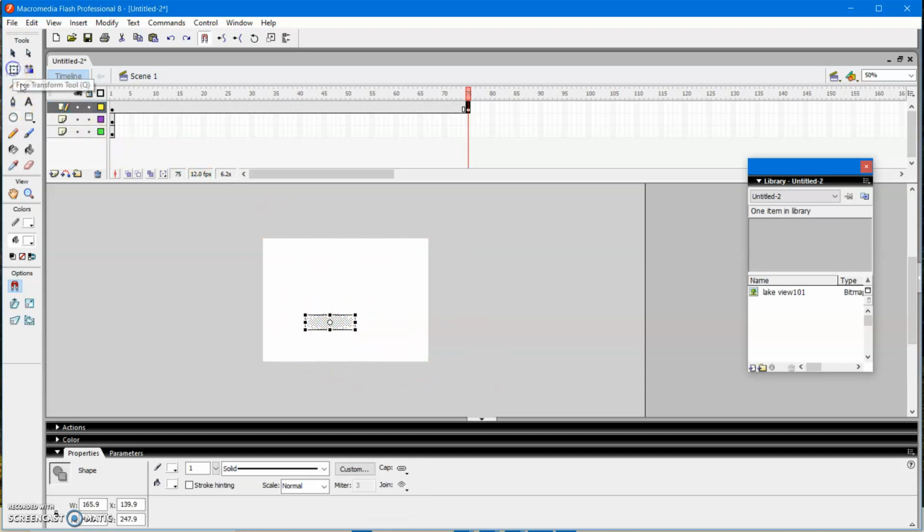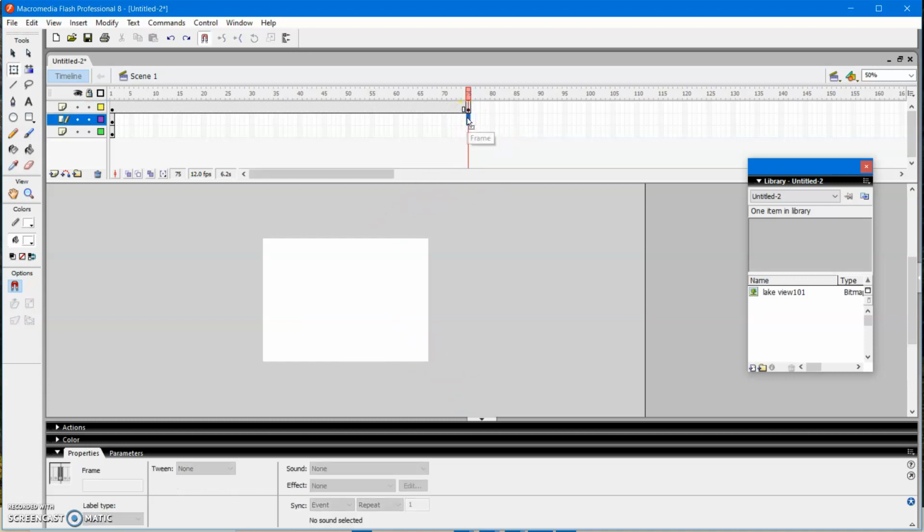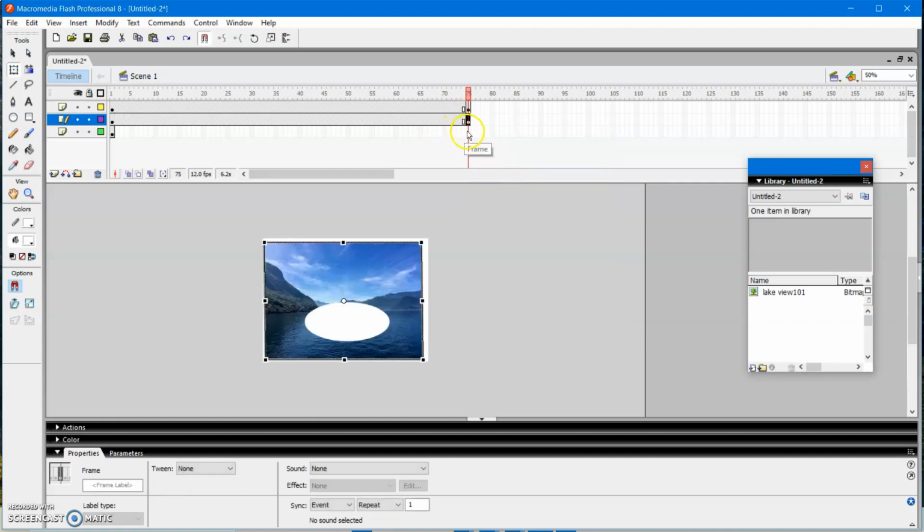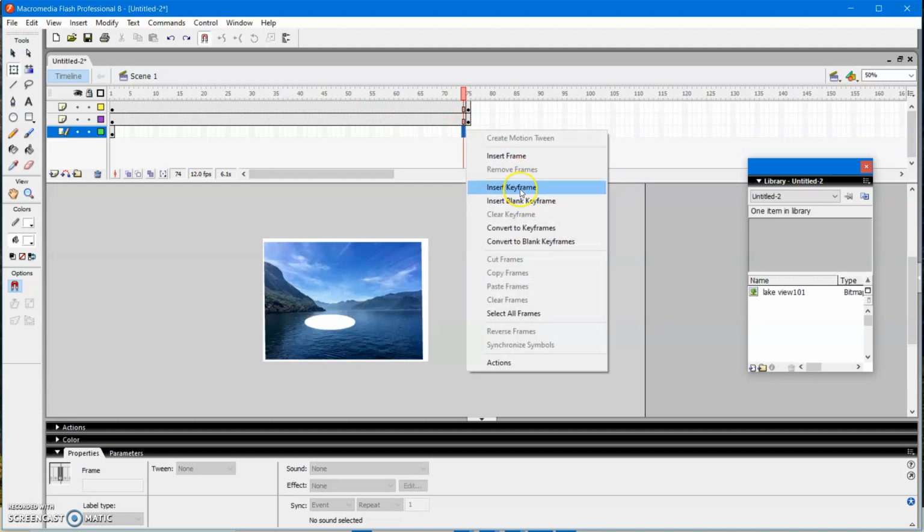Now with the help of the free transform tool, you can make the size bigger. After it is made bigger, select the next layer, layer 2, give a right click and give insert keyframe. The same way, for layer 1 also give a right click and insert keyframe.